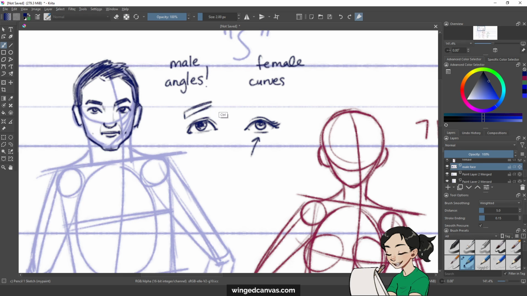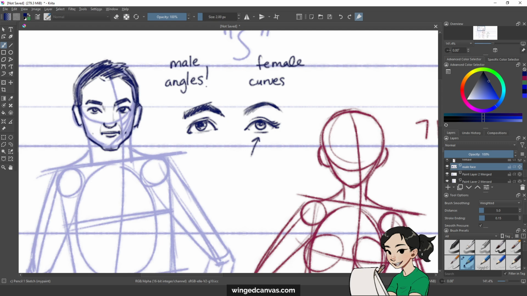Maybe his eyebrows aren't that arched, but maybe they're more like this. Male faces tend to have thicker eyebrows. The eyebrows tend to be a little bit closer to the eyes, and female eyebrows have more curves. They're generally thinner, right? So in these subtle differences, angles versus curves, you can already see